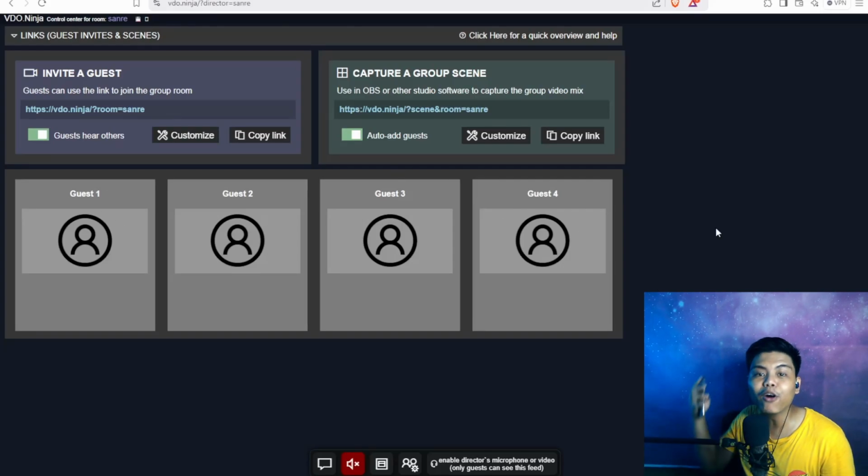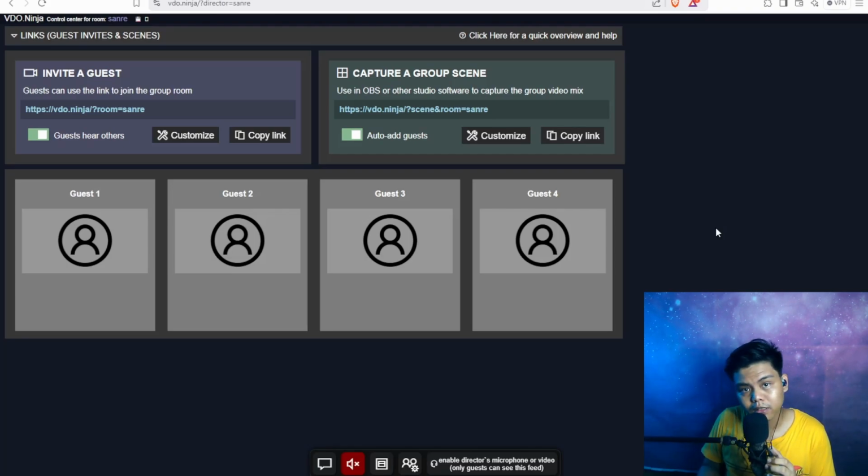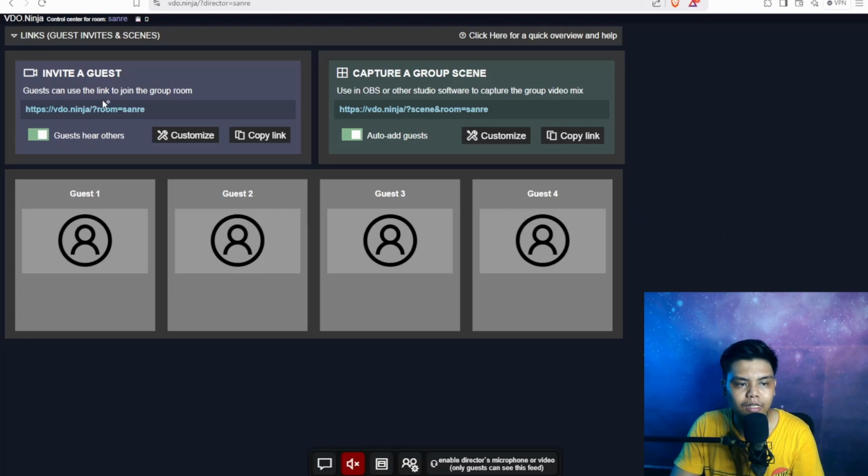You can have multiple devices, whether it's an iPad, an iPhone, an Android, anything that can access a browser and has a camera on it. You can just open this link on your phones, and then you have a maximum of 4 inputs here. So I'm just going to copy the link and send it to yourself. Once you send it to yourself, all you need to do is go to your phone